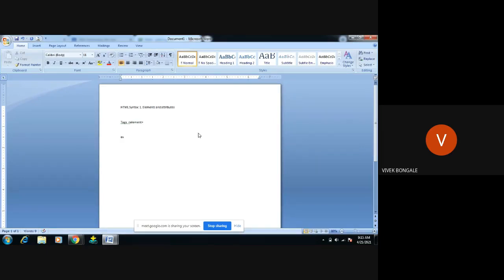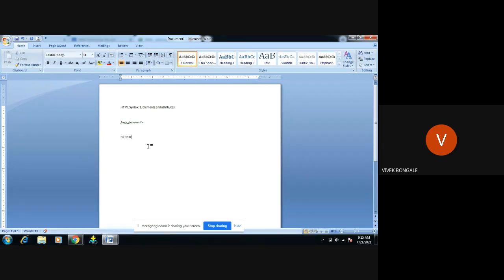For example, we have so many tags. I'm using the angular bracket open, writing h1, angular bracket close. Here this h1 we consider as an element. The h1 is used for headers, if you want to display any heading part in our document.